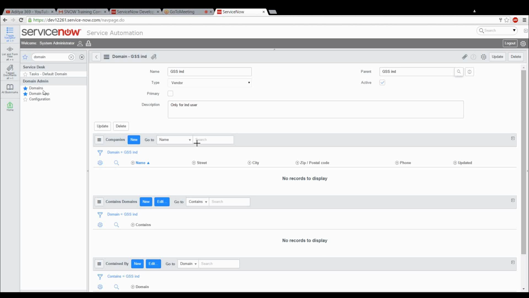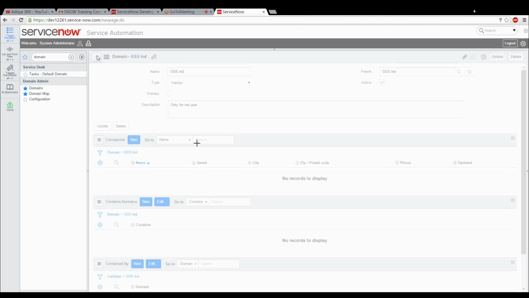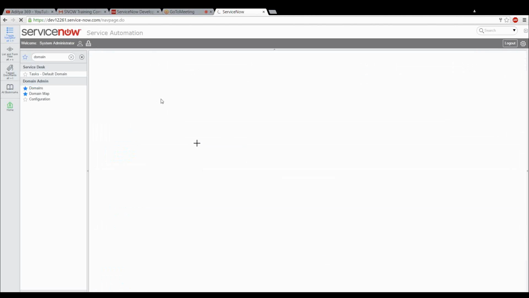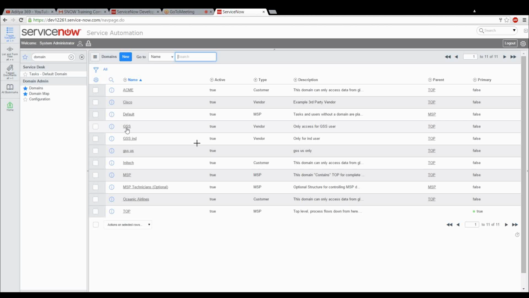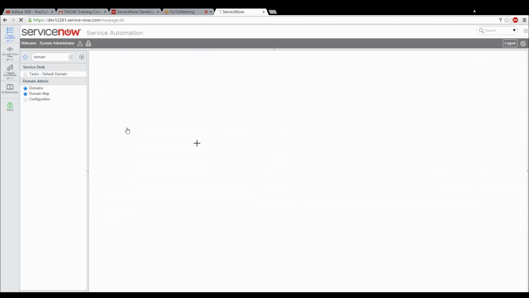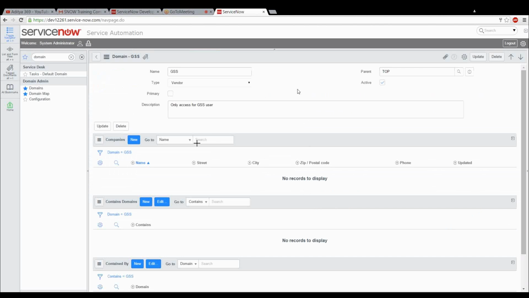There is a back button. Click on the back button. Go to GSS. Your screen is not yet reflected for us. Let's wait. Okay, GSS is open, I already opened GSS.